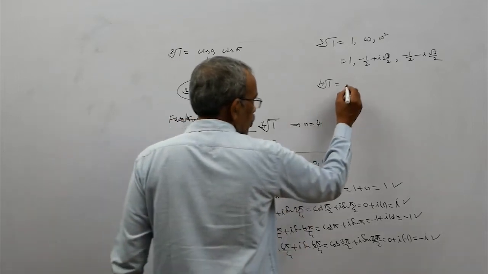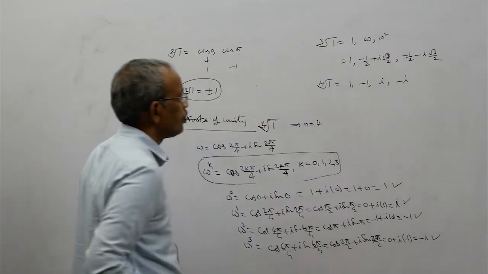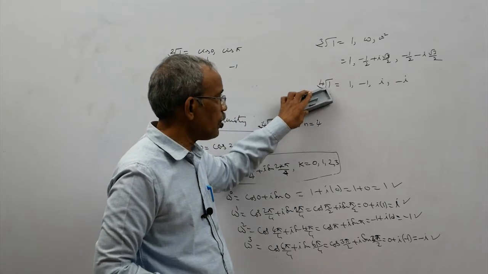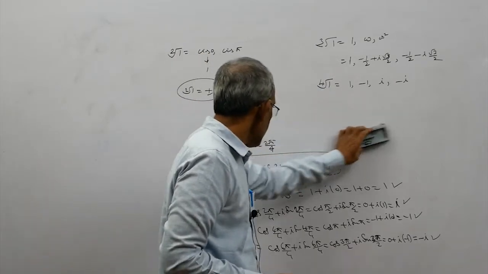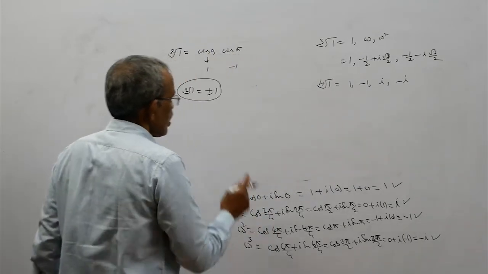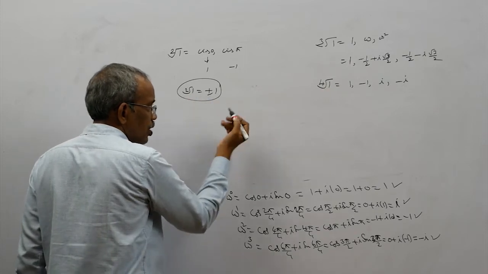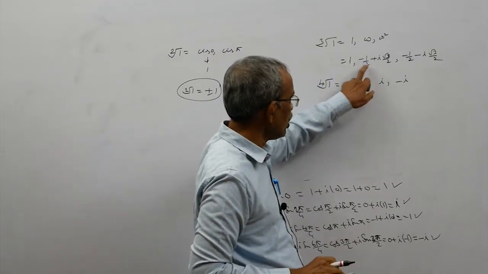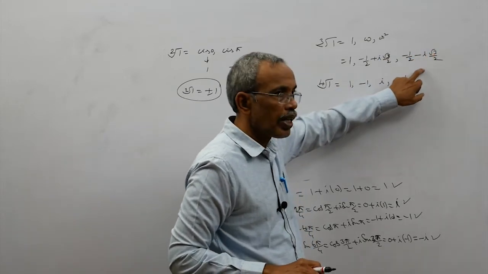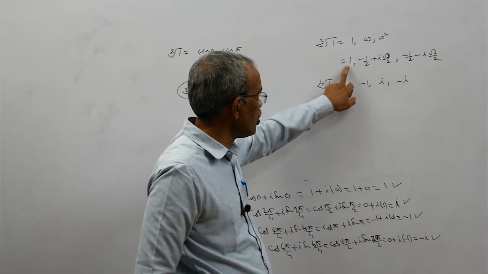So the fourth roots of unity are plus 1, minus 1, plus I, minus I. These are the square roots of unity, cube roots of unity, and fourth roots of unity. From these three results, we observe that the sum of the square roots of unity, plus 1 minus 1, is 0. The sum of the cube roots of unity: when we add these three terms, I root 3 by 2 and minus I root 3 by 2 cancel, we get minus 1 by 2 minus 1 by 2 minus 1 plus 1, which is 0.